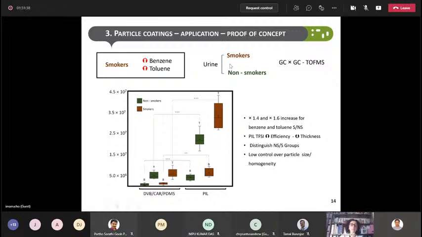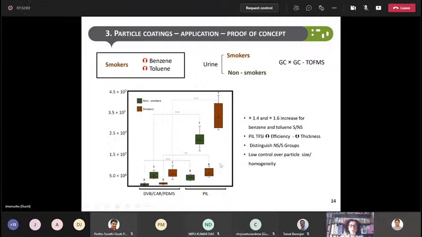We went around the labs on our floor and collected urine samples from smokers and non-smokers, and we tried to detect benzene and toluene in the samples. And here are the samples. The green are the non-smokers, and the